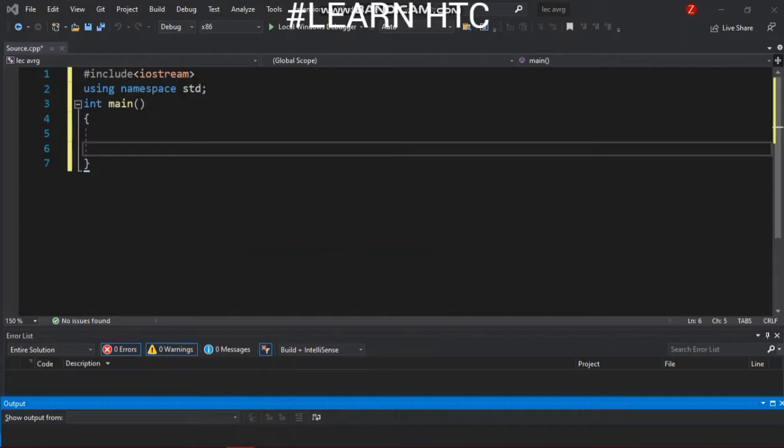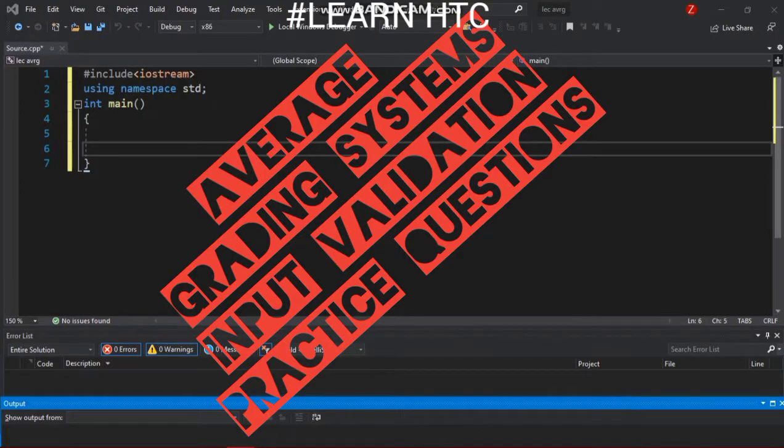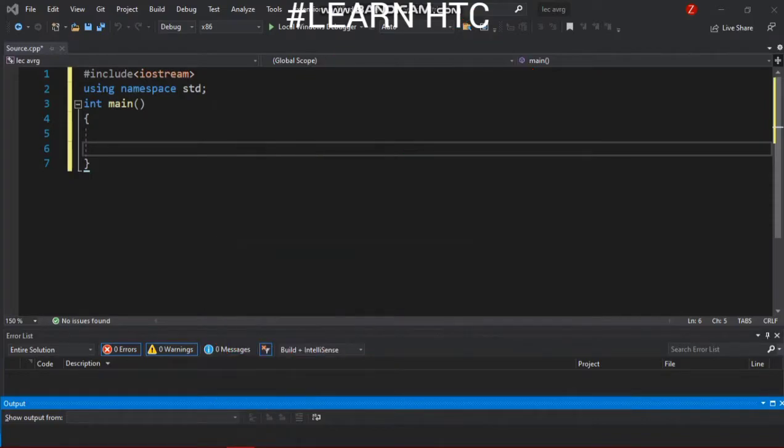Today we will learn the concept of finding the average of some numbers and then assigning grades to them. We will learn this concept by an idea of the grading system introduced in schools, colleges, universities, etc. In that scenario, the name of the student is taken and then we enter all his marks obtained in all subjects, and then we sum them, find the average, and assign grades to that student. So we will do the same.